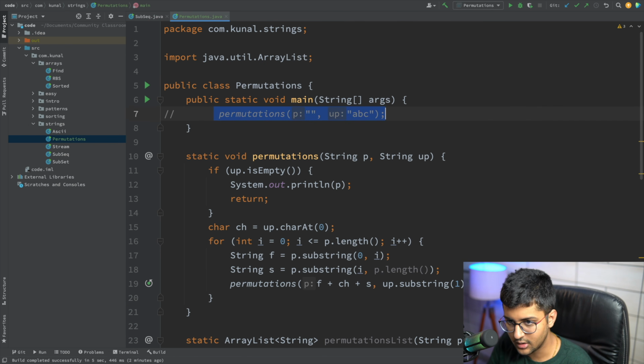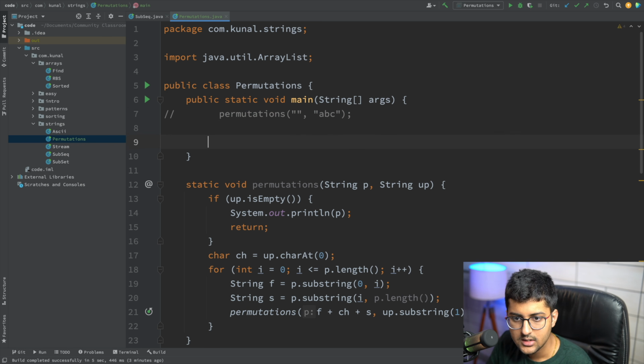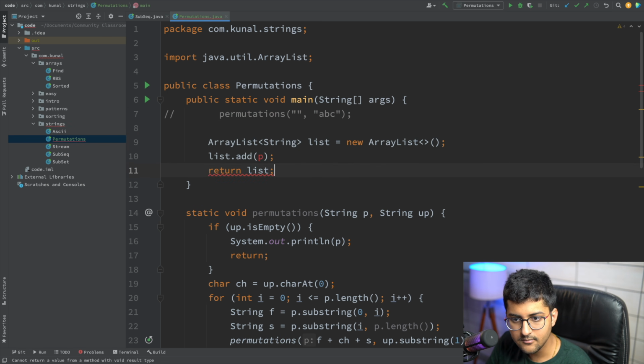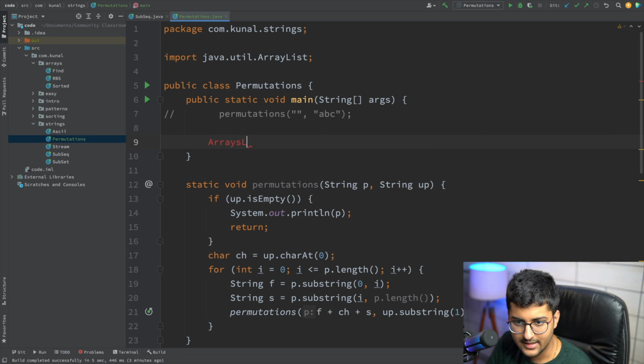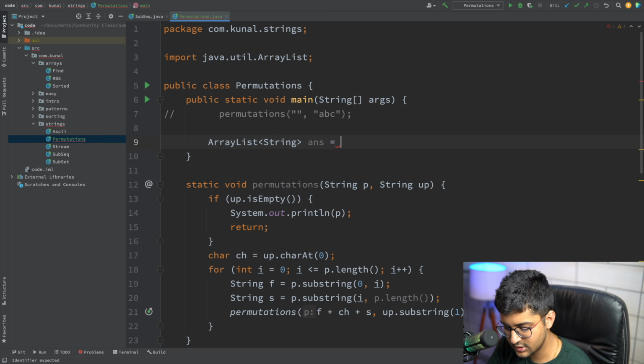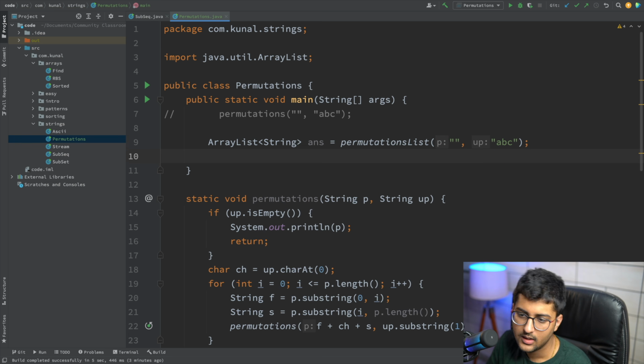So let's try to solve this thing, like print it out. I can say array list of string, my answer is equal to permutation list, initially empty, and ABC. Then I'm going to print the answer.